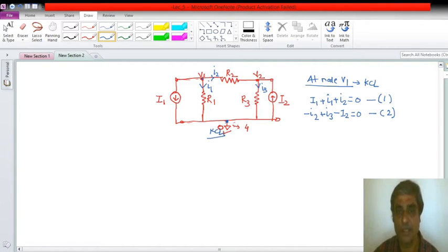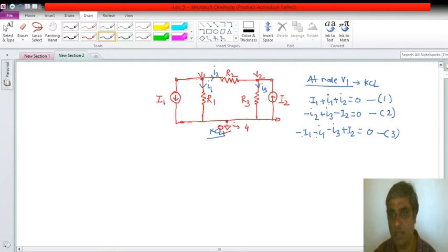So if I write the KCL at this particular reference node, what will happen? What will be the KCL? That is minus I1, minus small I1, minus I3 and plus I2. This will be 0, right? So if I look at this third equation carefully, what I am going to observe? In equation 1, I1 is there; in equation 3, minus I1; plus I1 is there in equation 1, minus I1 is there in equation 2. In equation 3, I2 is not there. Here also, from equation 2, I2 is not there, but I3 negated and this is negated.